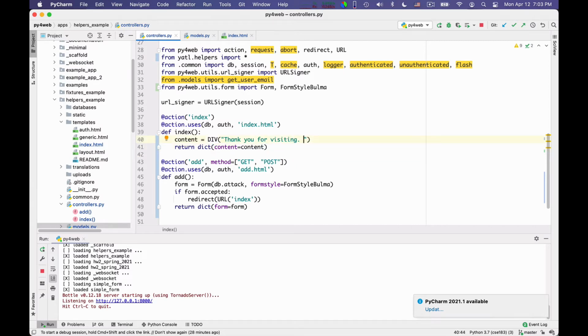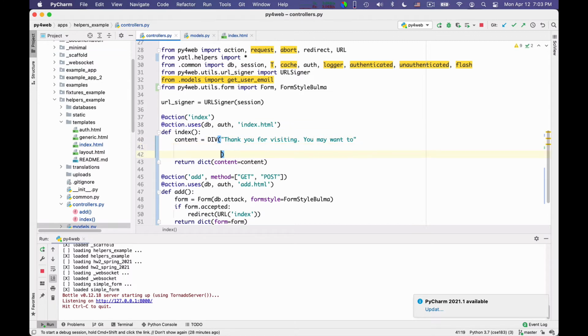I can also include a button, like you may want to, here I put a comma, and then I put a link to view our products. I want a space there, they're not automatically provided. View our content.